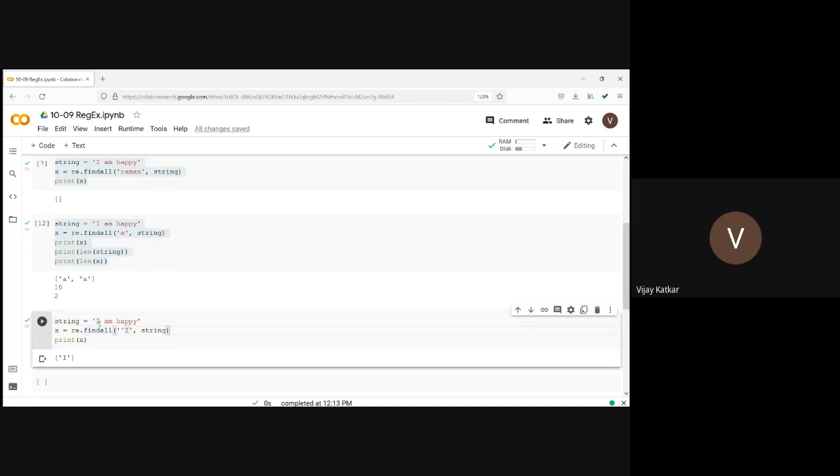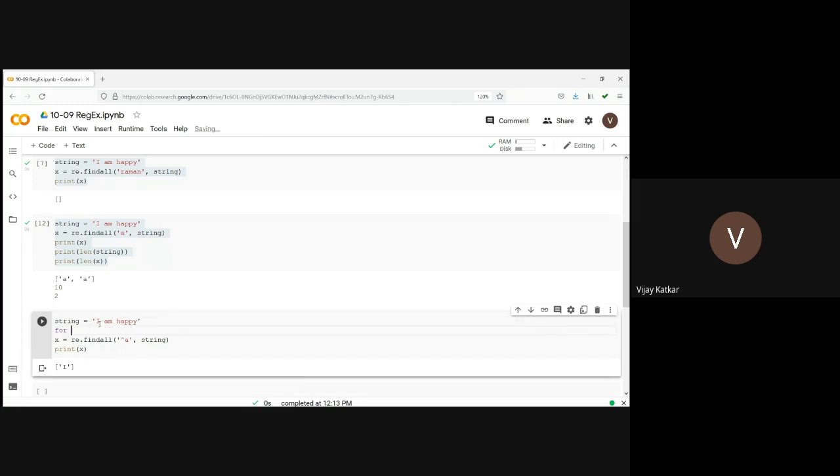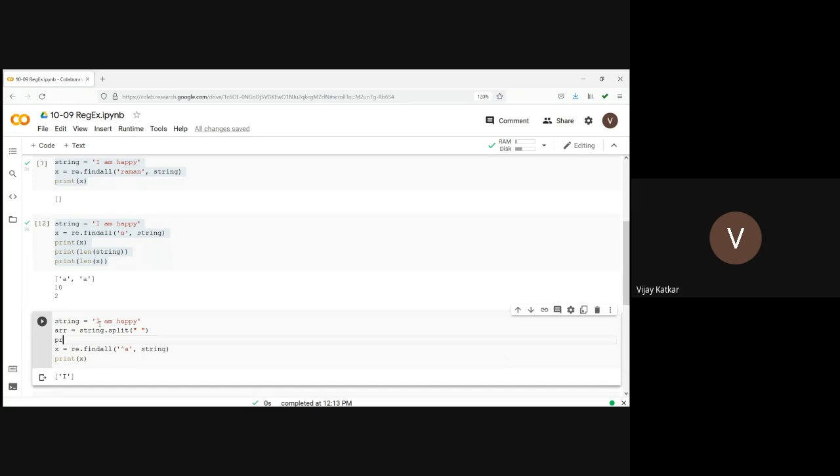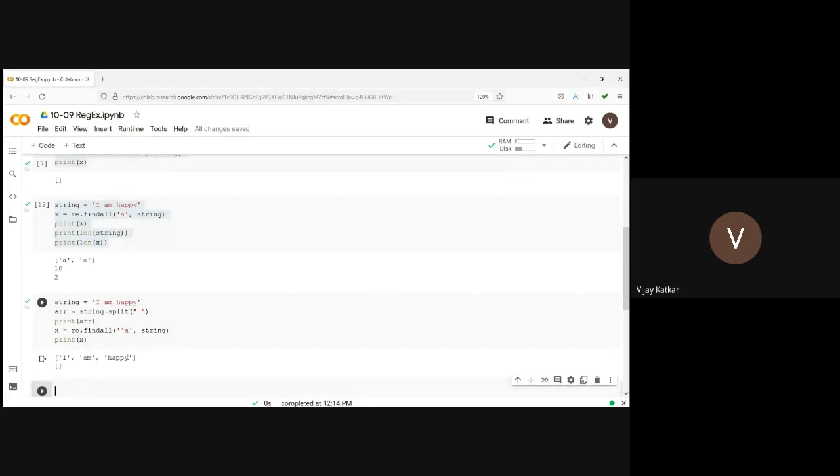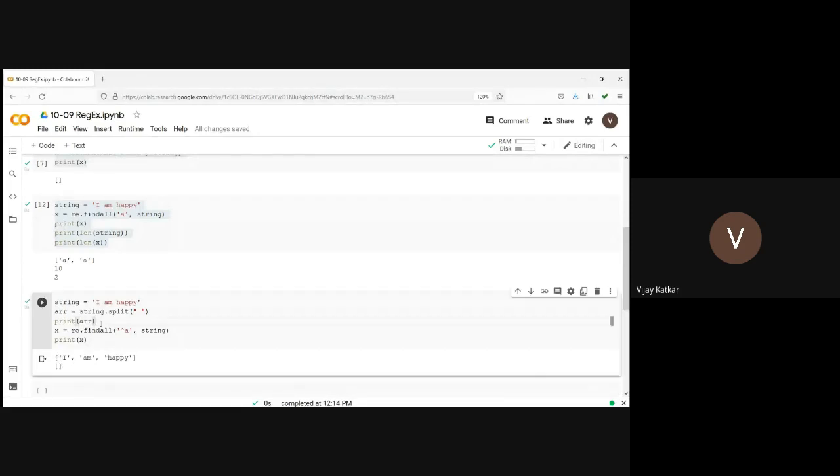So let's say what I'm doing right now is something like this. arr is equal to string dot split. So I'm splitting this string on a blank space. Now if I print arr, the arr is I, am, and happy. There are 3 words. Now, can I look for this in the arr array directly?